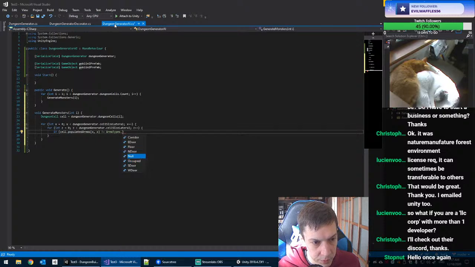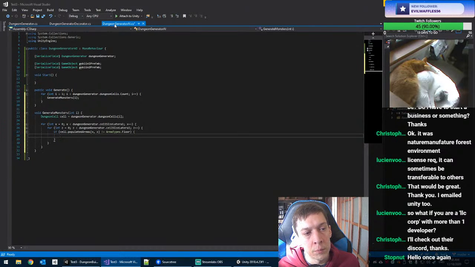So everything that we spawned something on, we renamed it to occupied. So only open floors should be remaining that we want to look at. I guess we'll just say if it is floor,